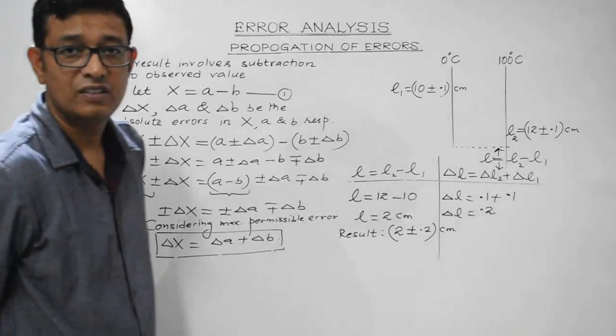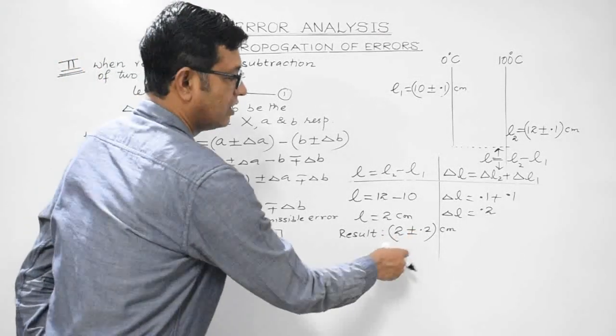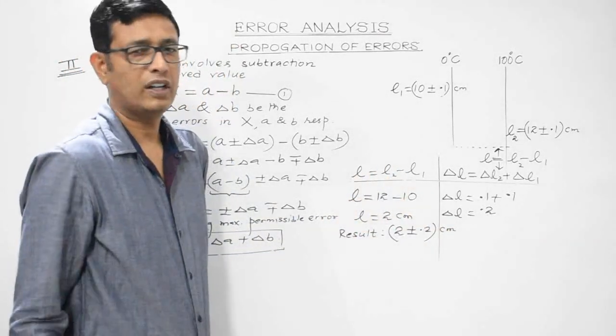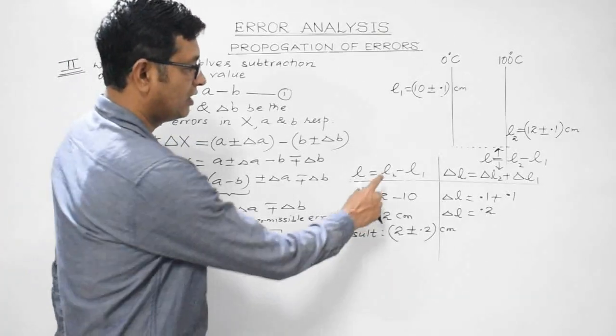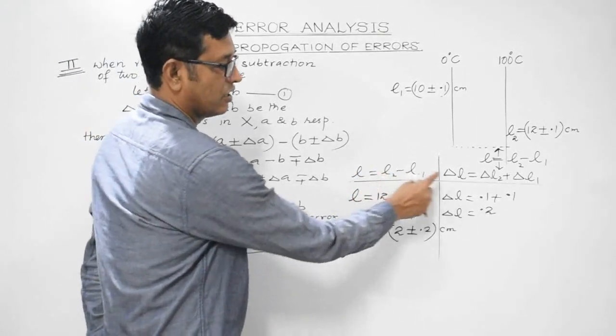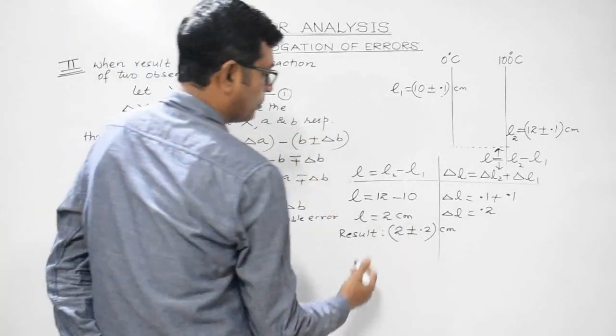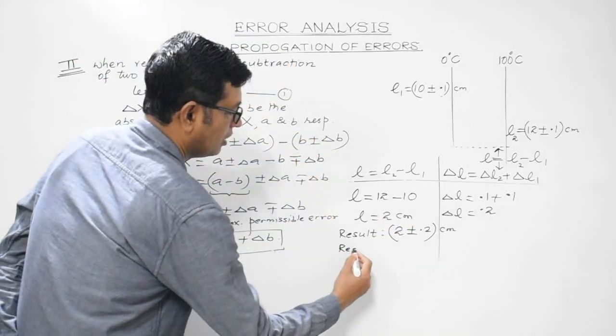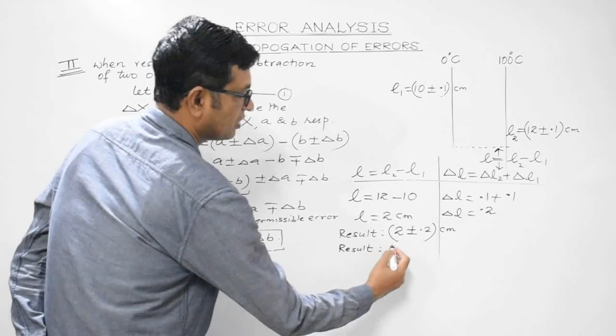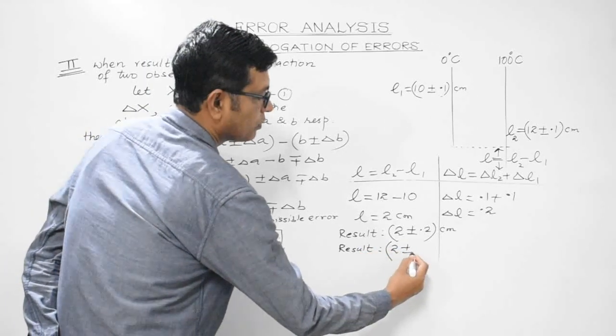Is it okay, students? This is how the result can be written in terms of absolute error. So again I repeat, whether the result involves addition or subtraction, the errors are propagated in the same manner. Right? And in terms of percentage error, the result will be 2 plus minus, what